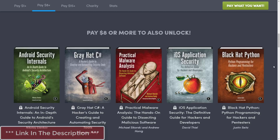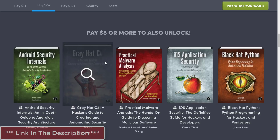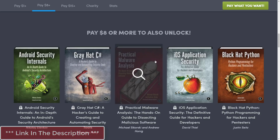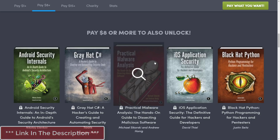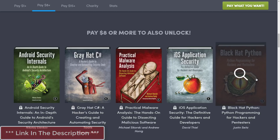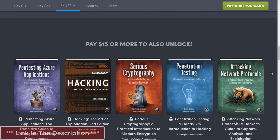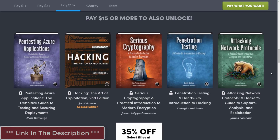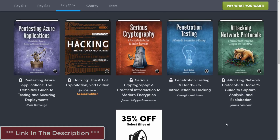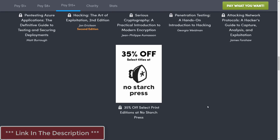So if you spend $8, you're going to get the Android Security Internals book, the Gray Hat C# book, the Practical Malware Analysis book, the iOS Application Security book, and one of my favorites, the Black Hat Python book. But there's still yet more. If you spend $15, you'll get a total of 15 books and a 35% off of any No Starch Press